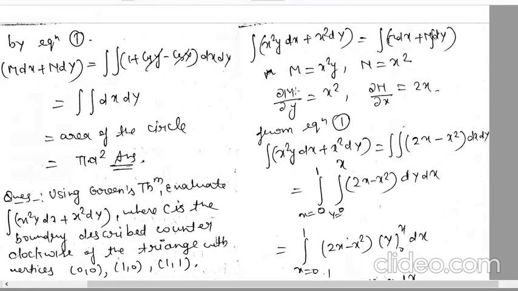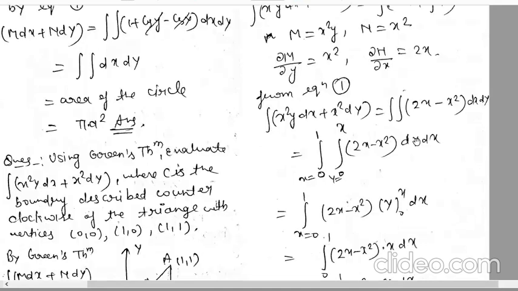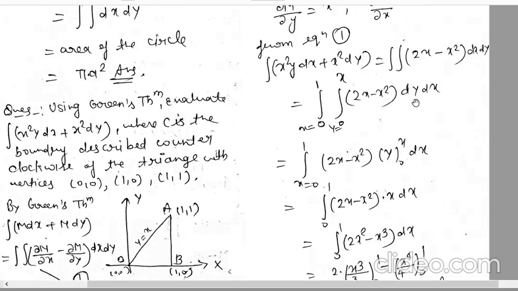And we need to calculate for the right hand side del m upon del y. So del m upon del y is equal to x square, and del n upon del x is equal to twice x. Now from equation one, just write all these values here, and first